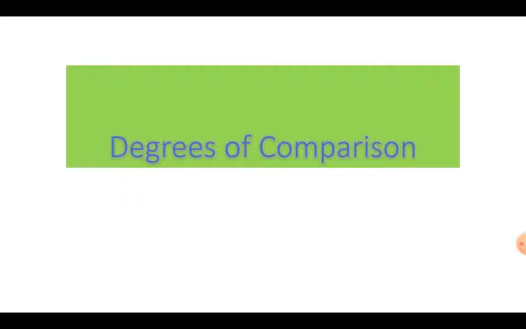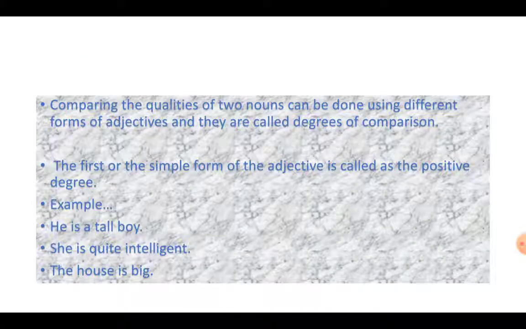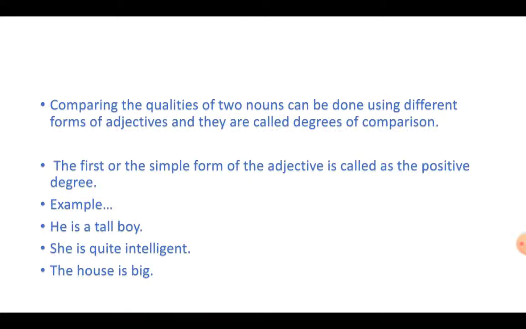So what did we do? How do we compare things? Nouns are naming words, and the words used to describe nouns are called adjectives. Now if we have two nouns with us, and we need to find out which is better or which is worse or which is thinner or which is fatter, then we have to compare. We have to see which is more and which is less.